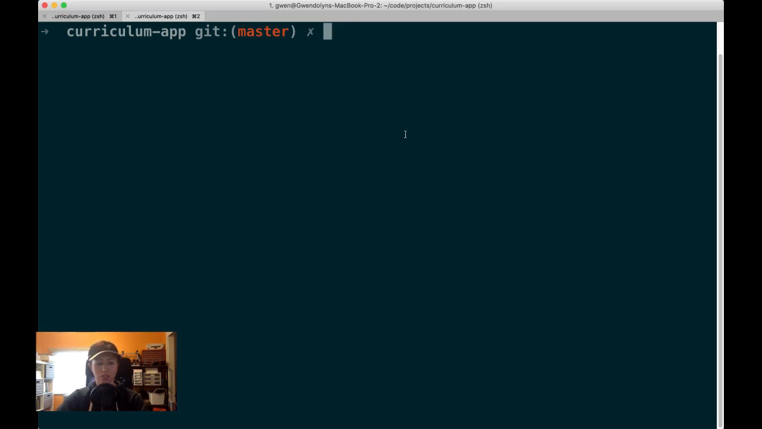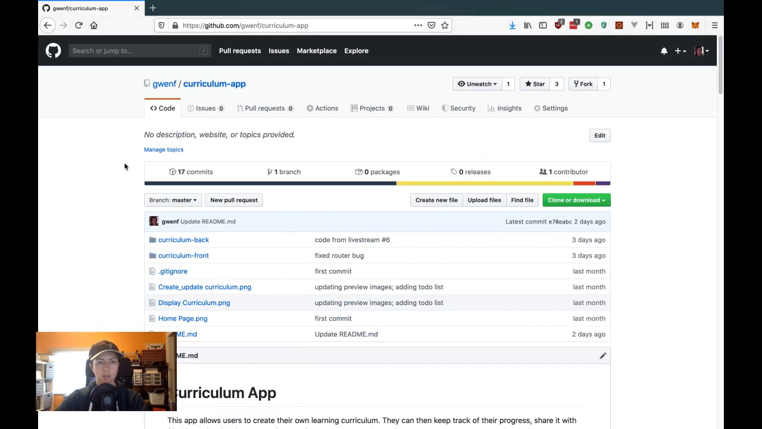So I'm going to show you what I've been working on, it's on my screen. So here is the GitHub repo. It's at gwenf/curriculum-app. And I have a front end in Vue.js. And last session, which was a few days ago, I started on the backend, which is an Express app, and